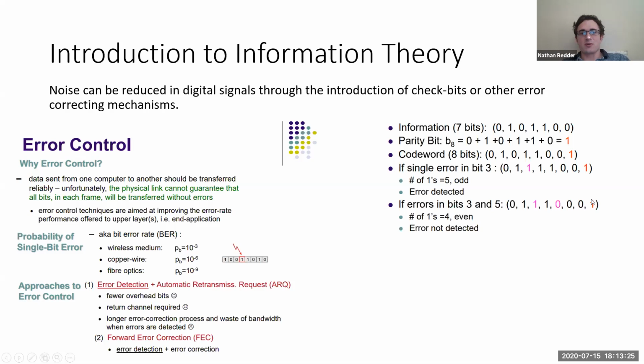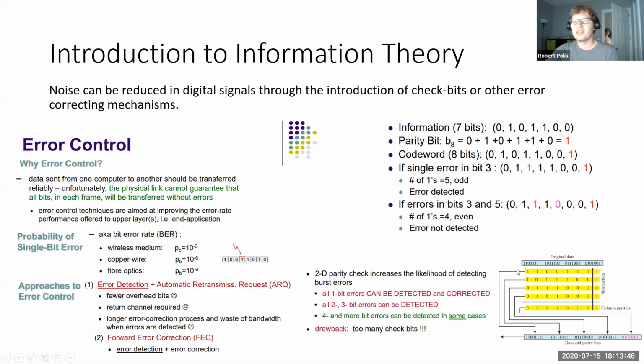Nathan, you have a question? Why not just have a check bit after every bit? That's a way to do it. Once again, if both of those bits are in error, it is still messed up. So there are more elaborate ways that you can use fewer bits to get the same level of coverage. And actually, I have one example right here, where I don't know if this is more reliable than your strategy of giving every bit a check bit, but this is a 2D parity check.